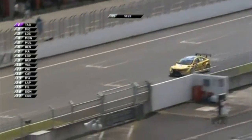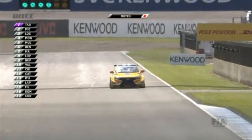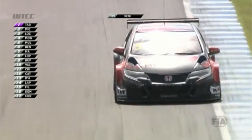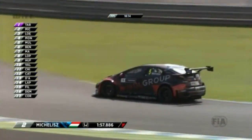Gabriele Tarquini, Norbert Michelis, Sebastian Loeb and Thiago Monteiro, your top 4 ahead of Muller, Bonani, Mar and Lopez in the remaining Citroens. Rob Huff in 9th place with his Lada before he came in. Here's Norbert Michelis,